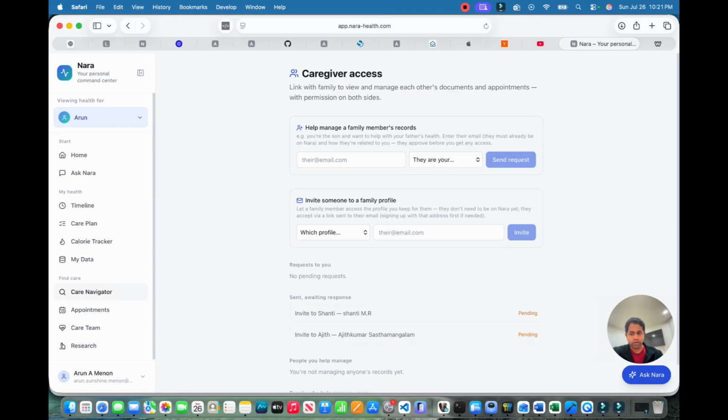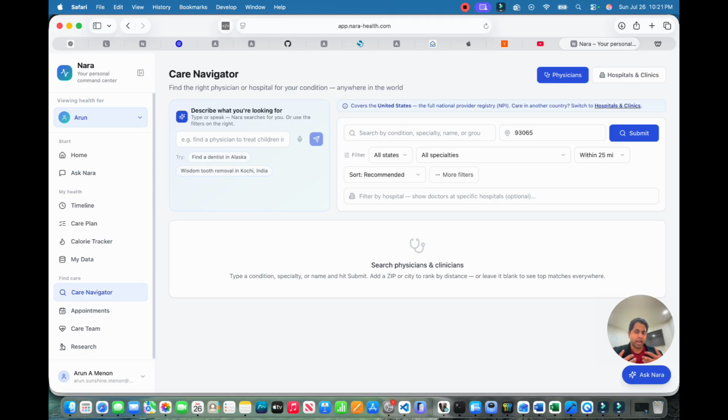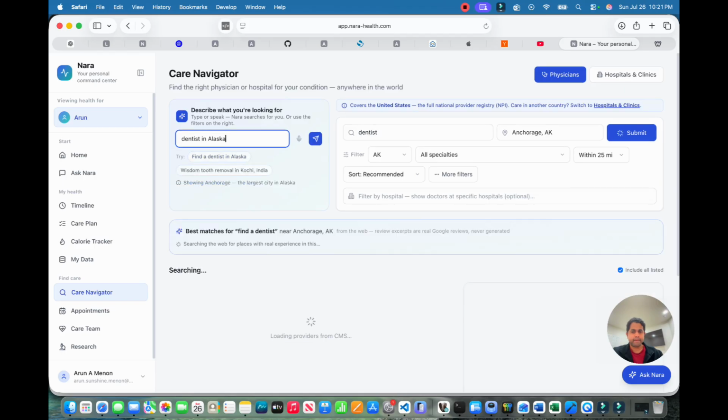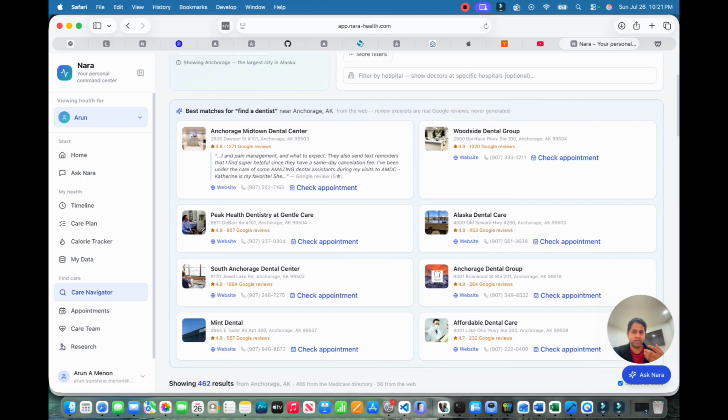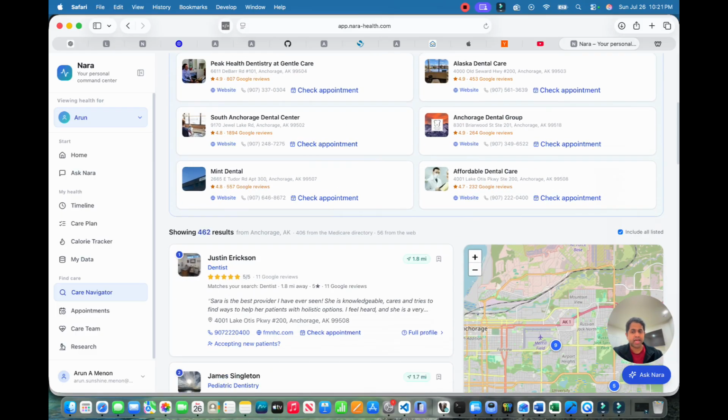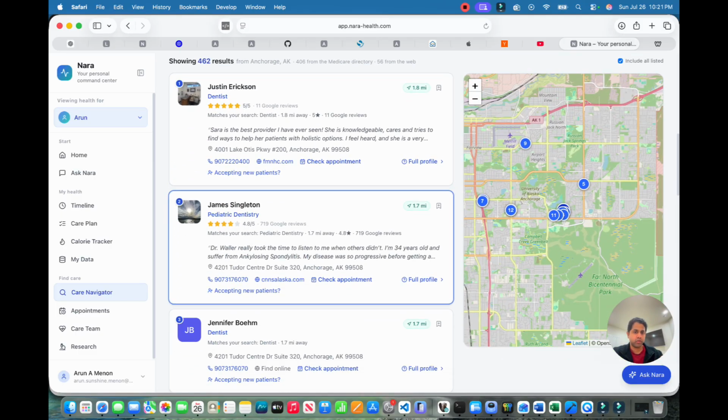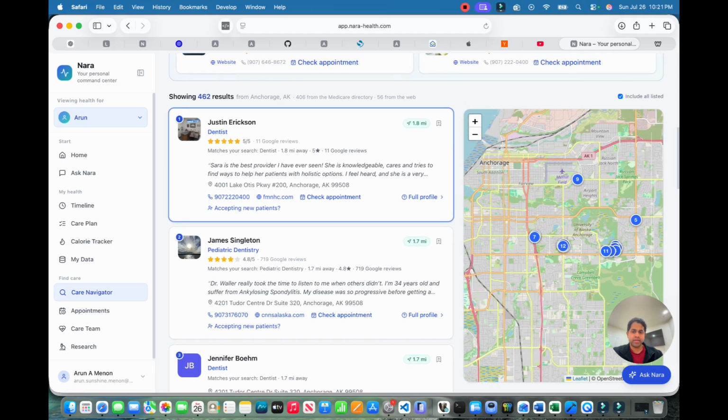In addition to all of this, the Care Navigator allows a user to identify a physician in the US. So if I want to, let's say, find a dentist in Alaska, I can just type this in, or I can use the filters on the right, and it'll give me the dentists based upon Google results under best match. But I'll get the list of all the dentists out there based upon the CMS medical healthcare records